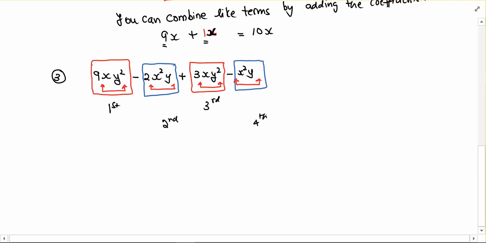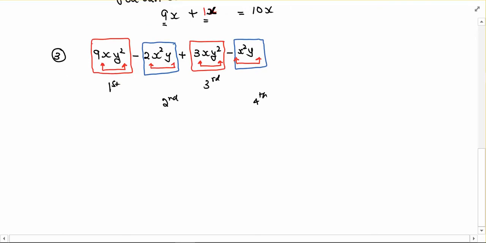So that's exactly what we're going to do. Now, all this happens very fast, hopefully. You should be able to scan through there and say, okay, so xy squared, I'm looking for xy squared. Okay, I see an xy squared and another xy squared. So to combine those two together, I'm going to add the numbers in front. So in this case, that's a 9 and a 3. If I add the 9 and the 3, I get 12